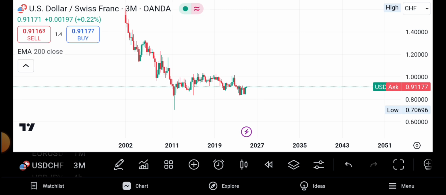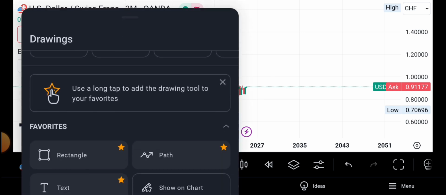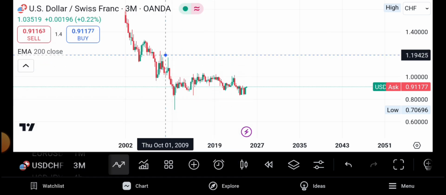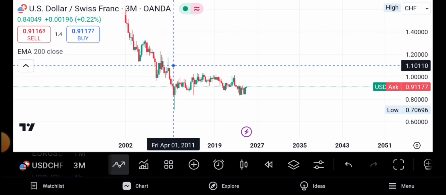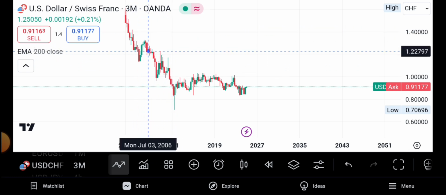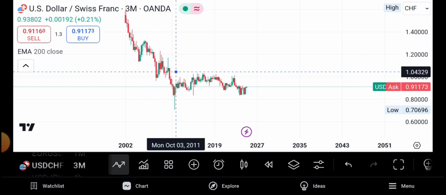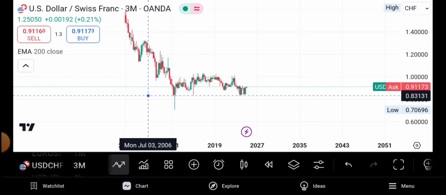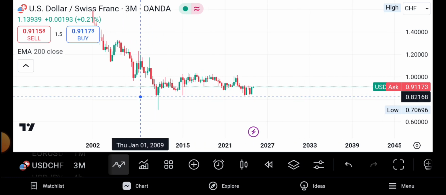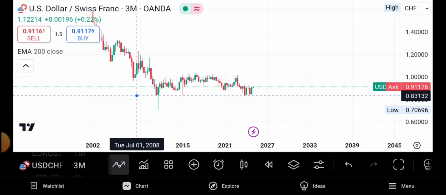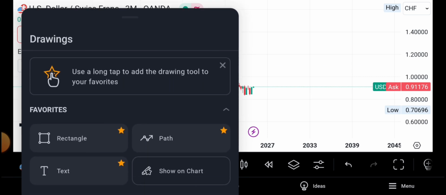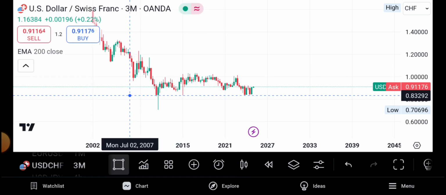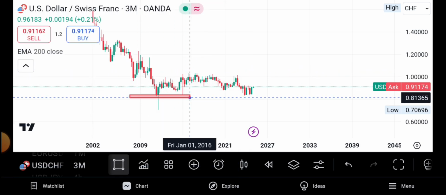In the 3-month time frame, it is very evident that the price action has been bearish. It has been forming higher highs, higher lows, and now this is the current low that was formed, and it has not been broken. So we are going to mark that low as a support in the 3-month time frame, and you know my support, I always indicate it with a blue